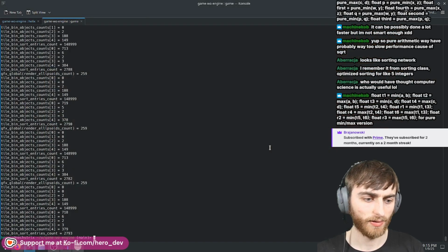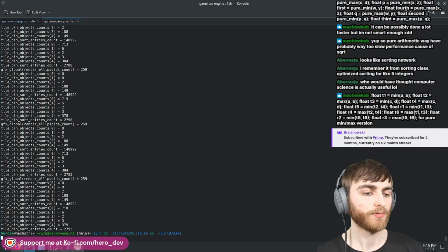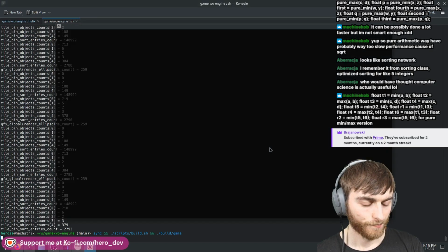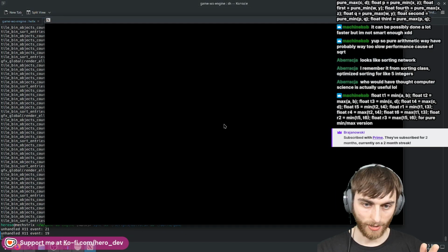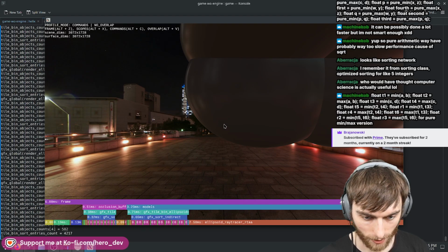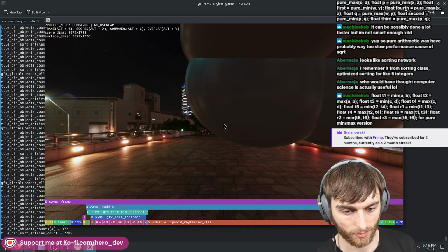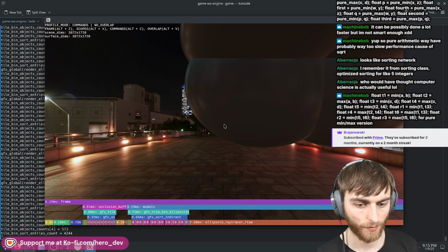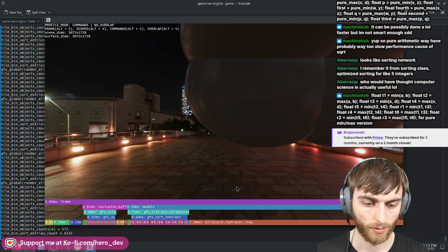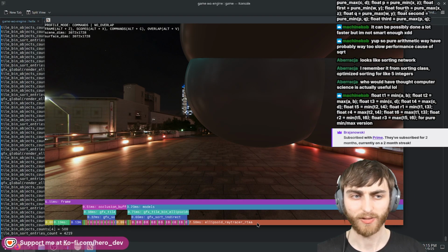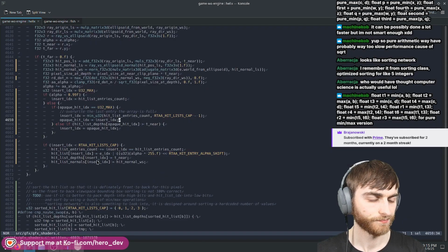So the only way we can test stable performance is if we were to just leave it here and then press F4. So it's 2.5, yeah, 2.5 milliseconds there if you look at the orange bar for the ray tracer here. So if we take that one,